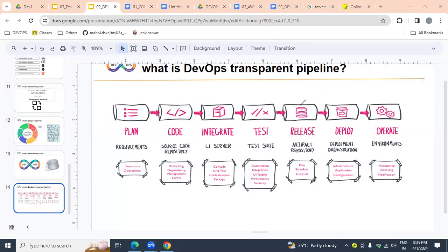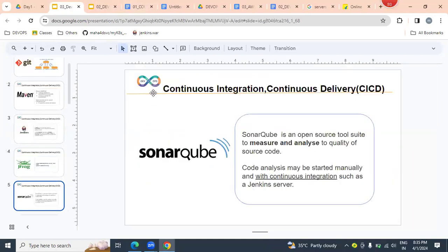And once it is delivered, it is going to be placed on hundreds of servers.